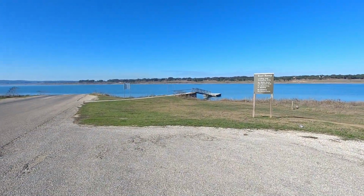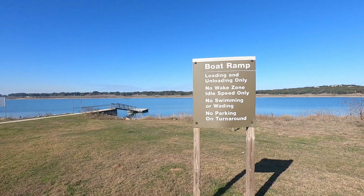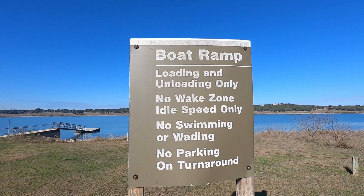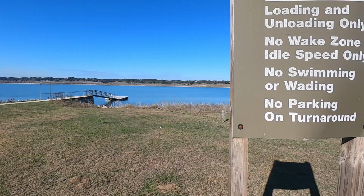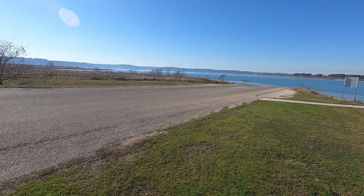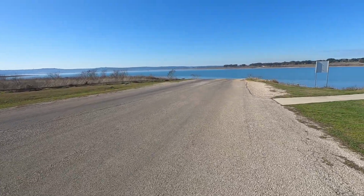And here's another deal here. What you can do here. Loading, unloading only, no wake zone, idle speed only, no swimming or waiting, no parking or turnaround. So after you got your truck and trailer or boat and car turned around, however you want to say it, you would come down here,